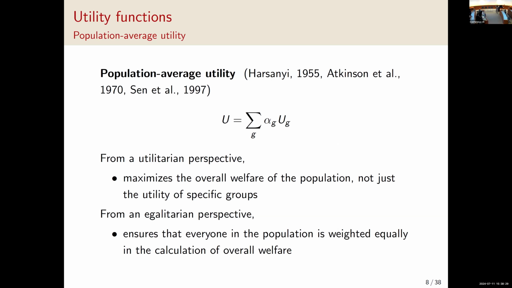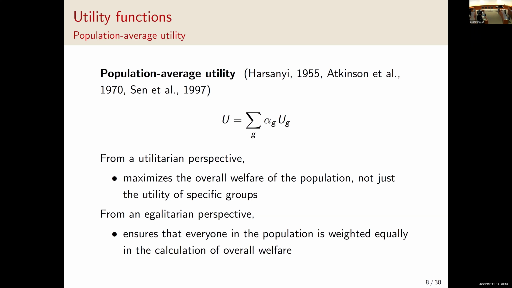As I mentioned earlier, one of our goals is to optimize the social welfare, but there can be potentially many different definitions of social welfare. In this work, we mainly consider two different definitions of welfare. The first one is a population average utility, or sometimes referred to as a utilitarian social welfare. So this is to simply calculate the aggregated utility for the population as a weighted average of the group-wise utilities,